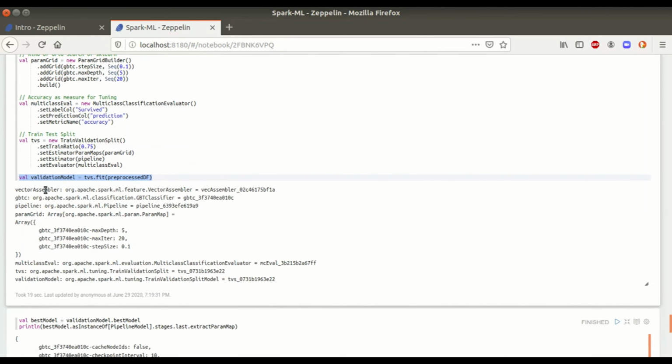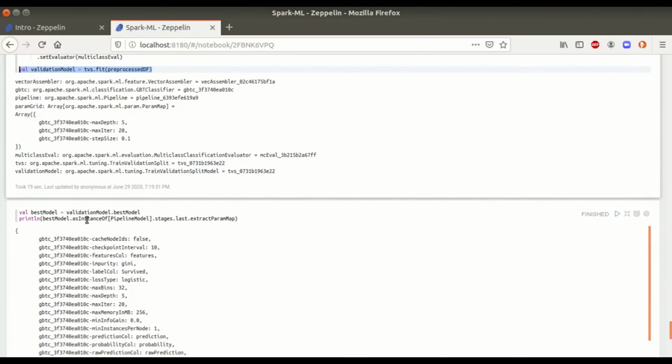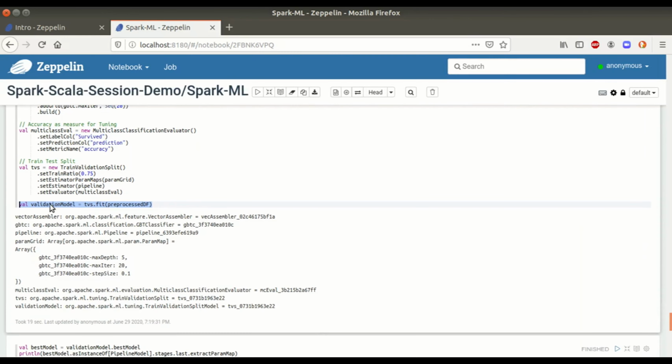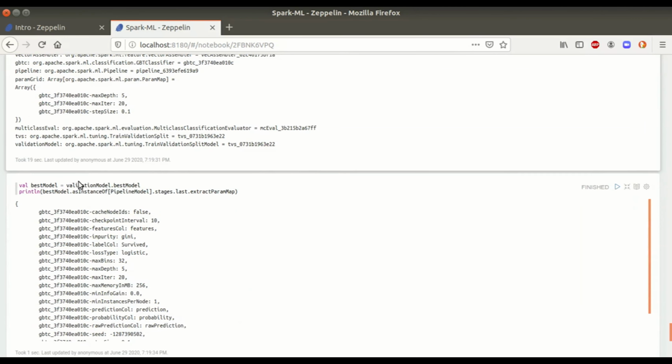Post this hyperparameter tuning and all the machine learning fit, we will get an object called a validation model, and in that validation model there will be one attribute called bestModel, which will contain the best fit we got for this dataset with the applied evaluation metric.